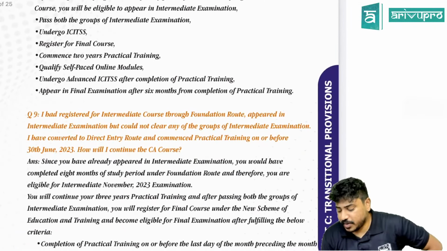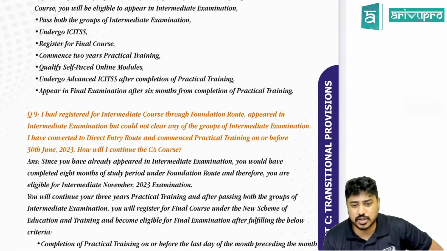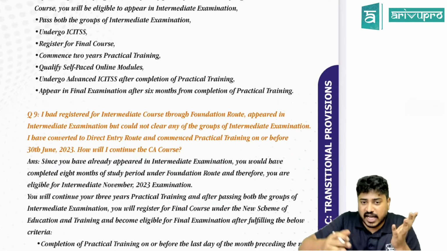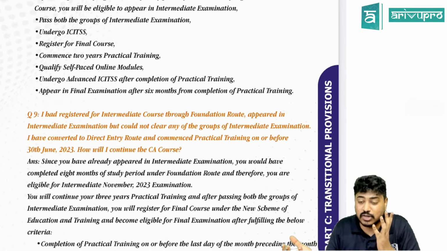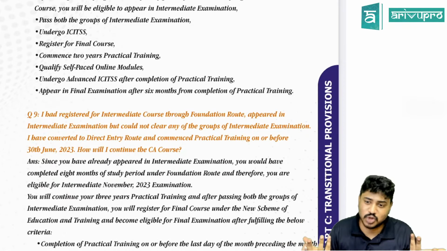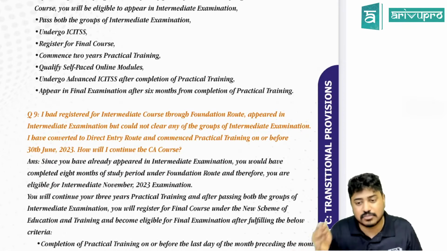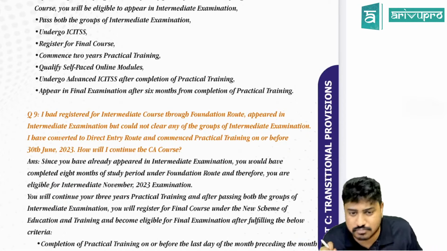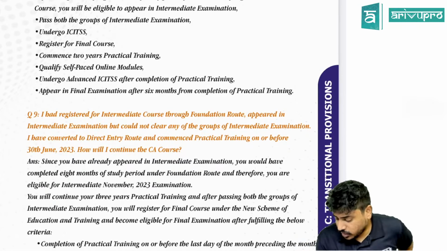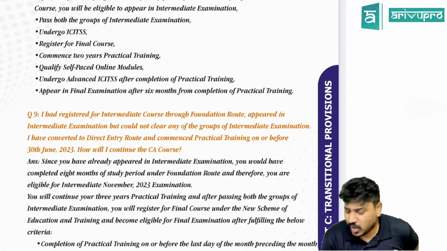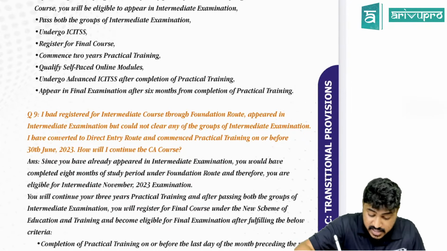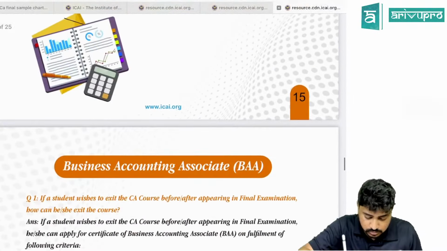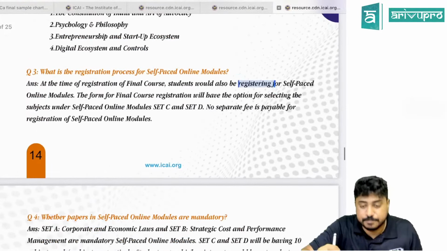Now, what is the paper exemption? We are not sure yet, to be honest. The examination team will have to come and tell what the exemption is. Sir, I have passed advanced accounting, I have not passed advanced accounting, what should I do? Will I get exemption? Not sure. They will come and tell a detailed exemption pattern, and once that is told, I will come and tell you guys also. Your past group 1 means we are not sure yet. Those details have not come out yet. Let's wait for the details. Are we clear?